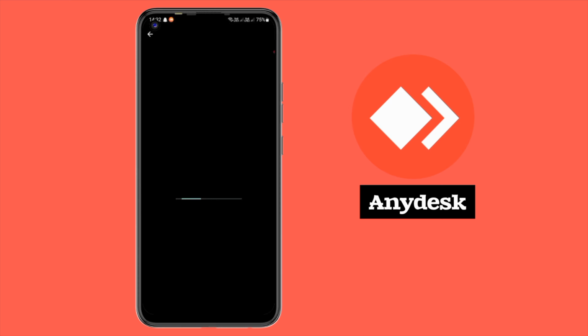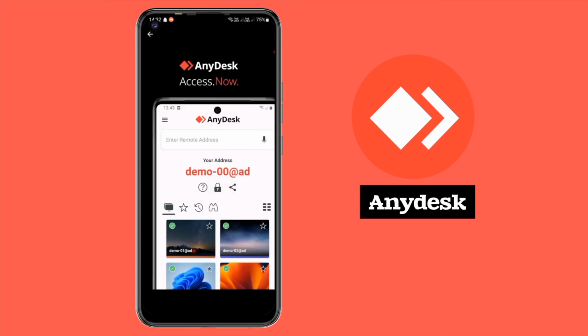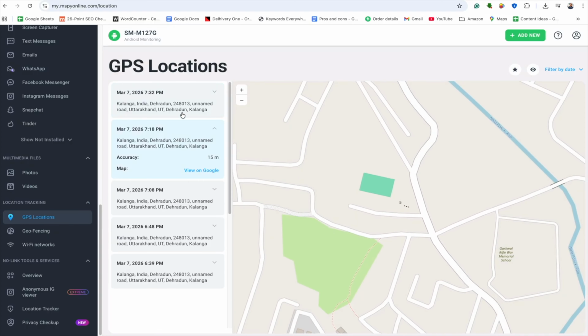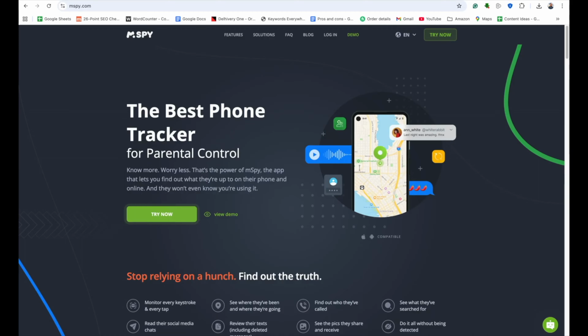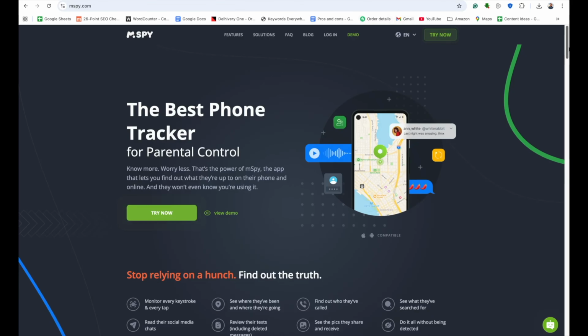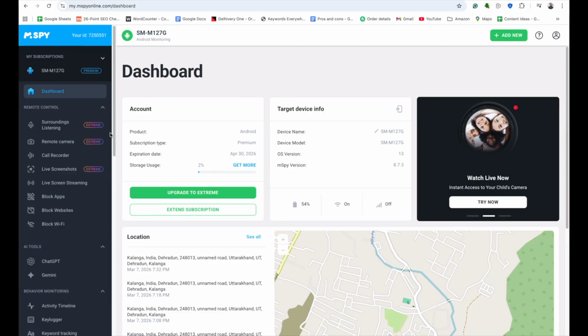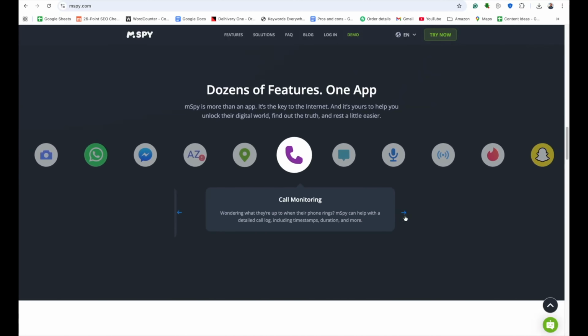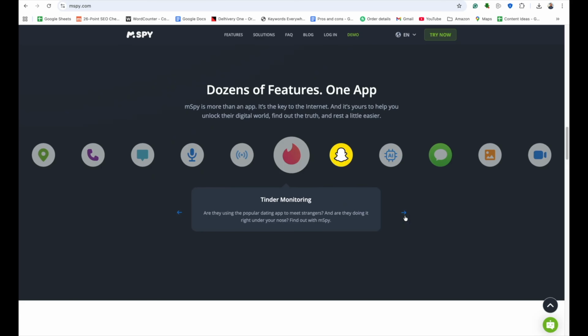Unlike AnyDesk, which mainly lets you view the screen, MSpy delivers deep, ongoing insights into both online behavior and real-world activity. This is why thousands of parents choose MSpy for long-term supervision and digital safety. Everything is thoughtfully organized in one intuitive dashboard. Instead of juggling multiple apps for tracking, blocking, and monitoring, MSpy brings all these powerful tools together in a single